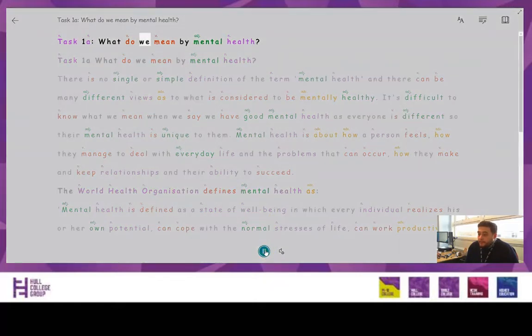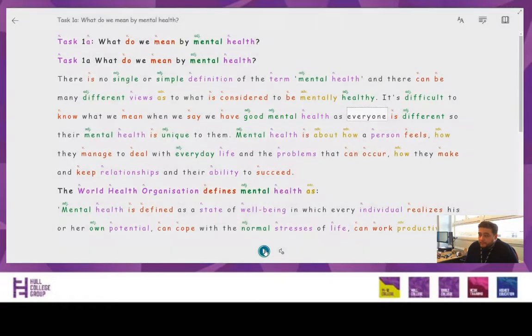Task 1A. What do we mean by mental health? There is no single or simple definition of the term mental health, and there can be many different views as to what is considered to be mentally healthy. It's difficult to know what we mean when we say we have good mental health, as